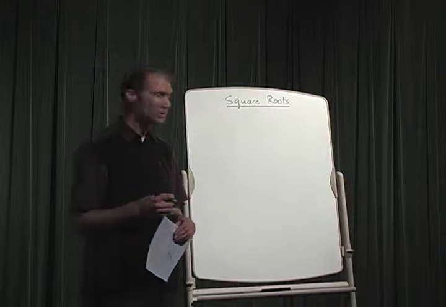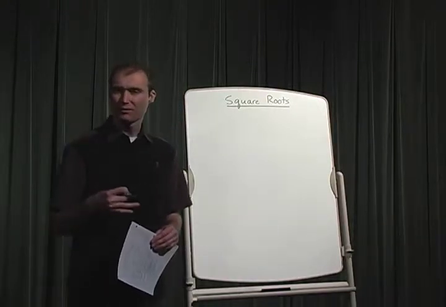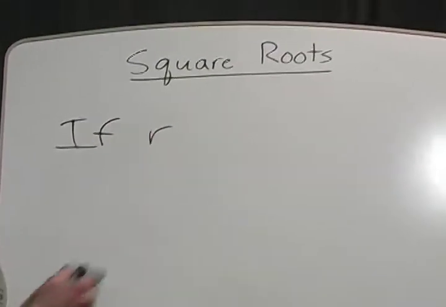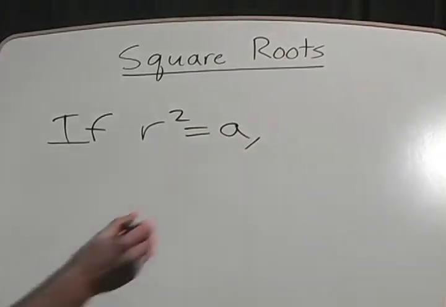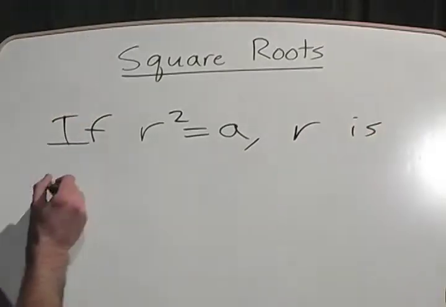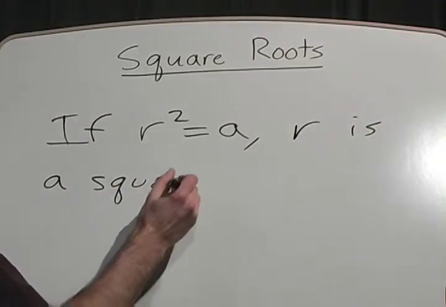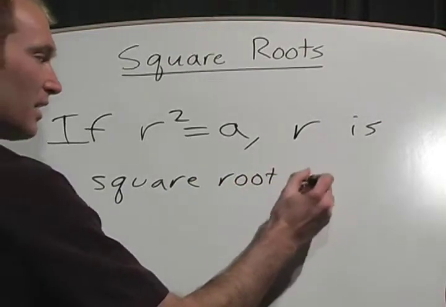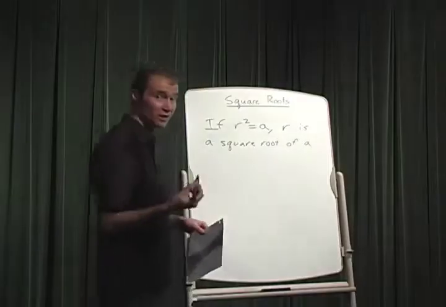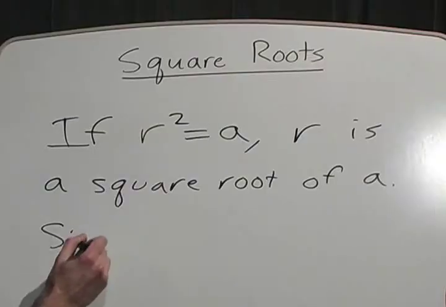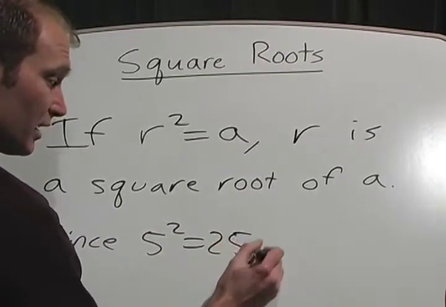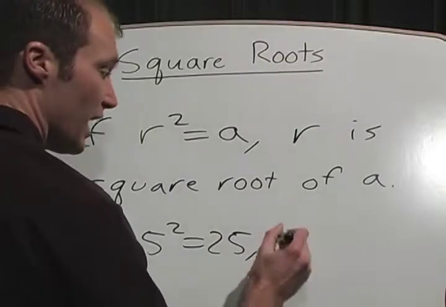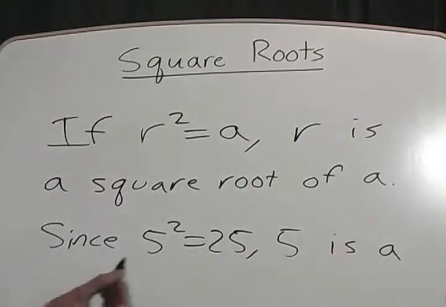I want to talk with you about square roots. Well, let's start off with a definition. If I have a number r, and if r squared gives me a, then I say that r is a square root of a. So for instance, since 5 squared equals 25, this means that 5 is a square root